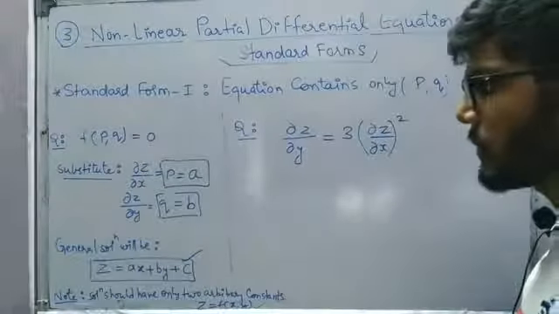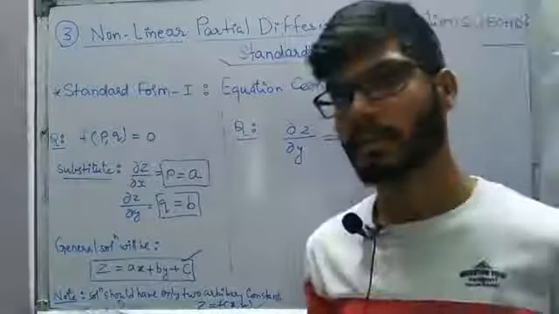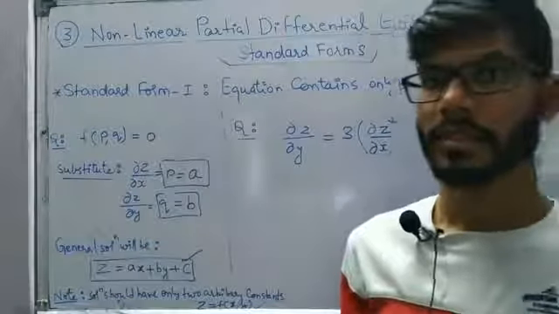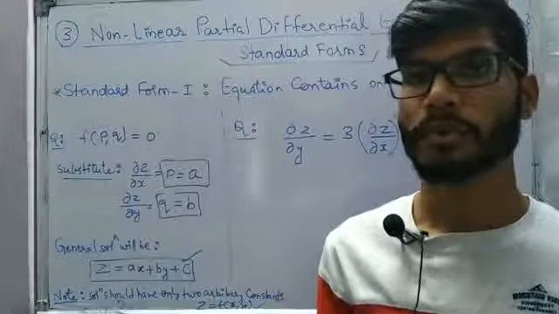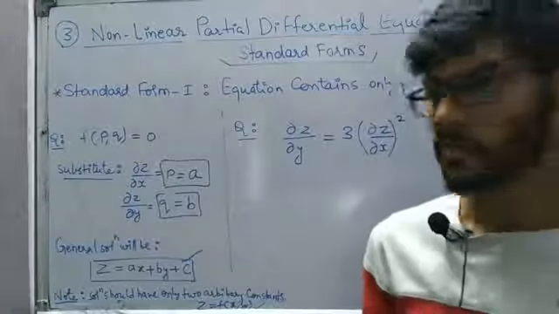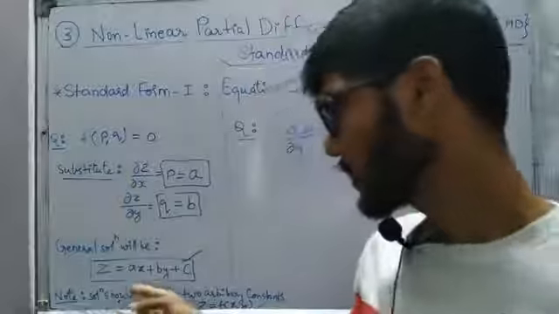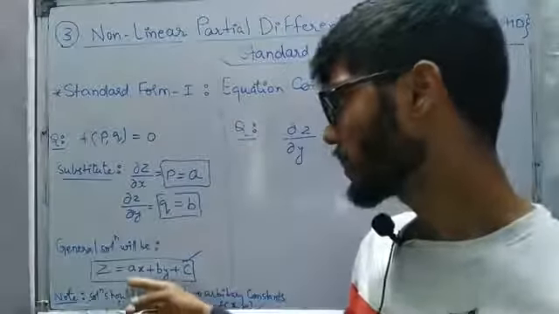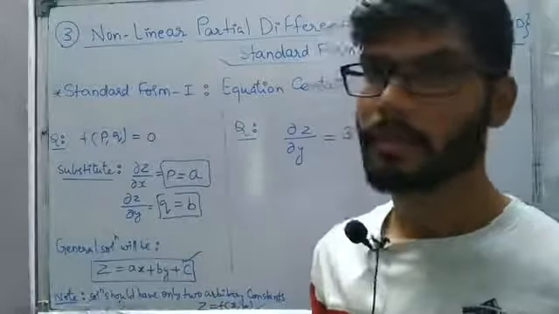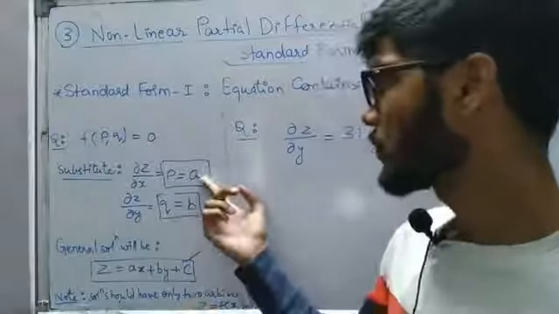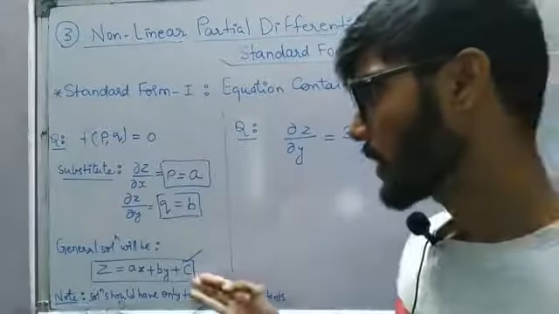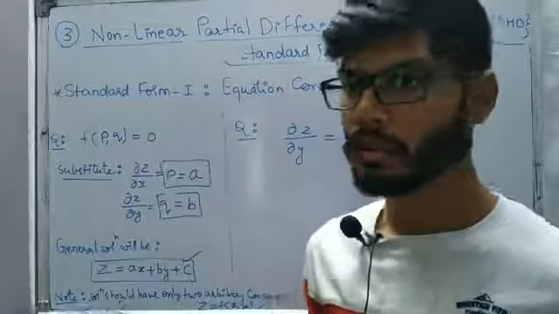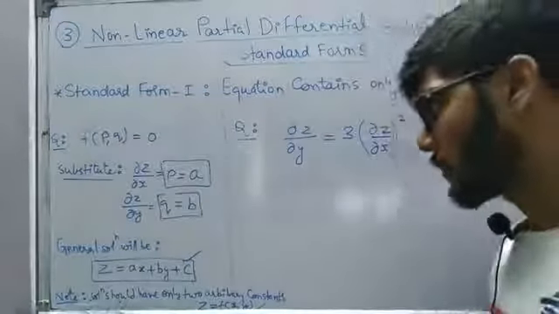and our general solution will be z = ax + by + c. But as we know, for the first order partial differential equation, the number of arbitrary constants is equal to 2, because we have two independent variables x and y. But as you can see, here the arbitrary constants are a, b and c. So we have three arbitrary constants. So by making use of this substitution, we have to make these arbitrary constants 2 only, because all the time we should have only two arbitrary constants.